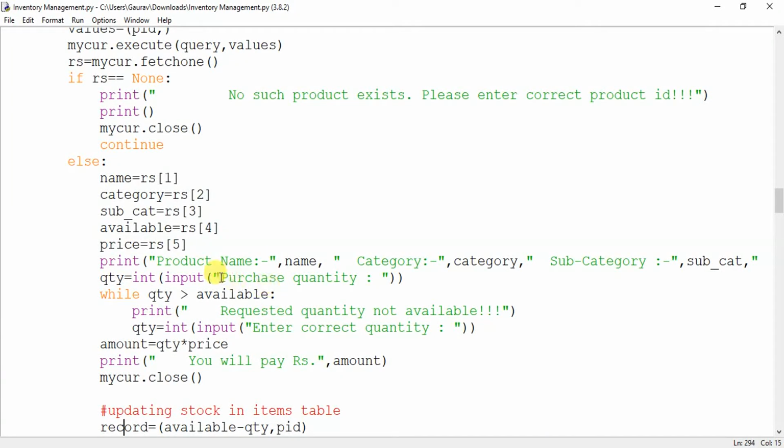Then you will ask for how many quantity you want to buy. If the quantity is more, then you will tell him that the requested quantity is not available. Otherwise, you will ask for the correct quantity, and the amount will be quantity into price, and you will also tell him that he has to pay this much amount before moving forward. Okay, so when he is ready, you will update the stock.